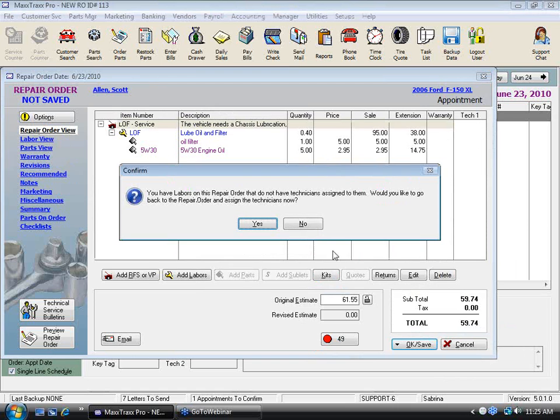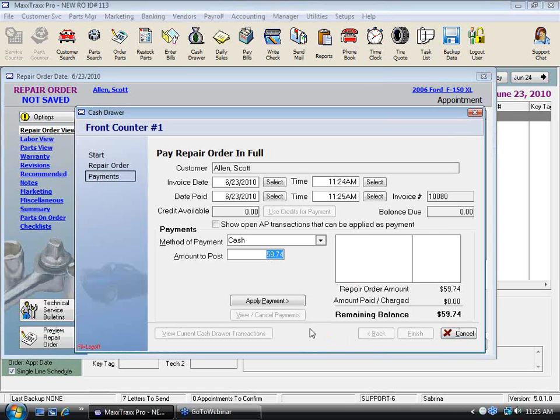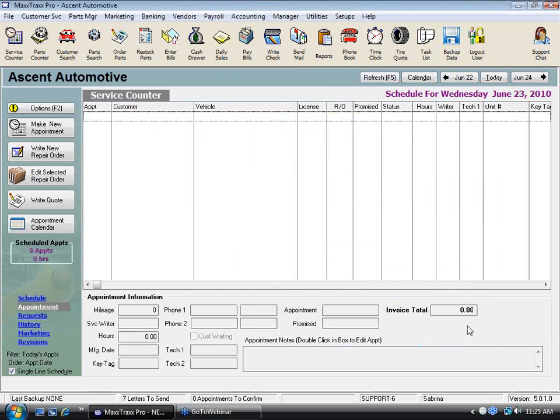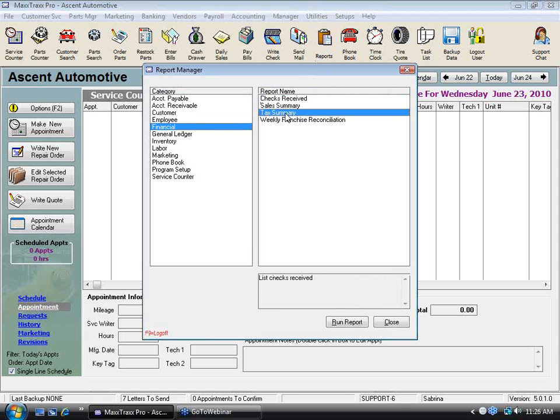Of course, you guys never do any of this stuff, right? You never override any of that fun stuff. So he just paid cash. Now let's look and see. I just did a quick resale customer. If I go to my report, go back to tax summary,